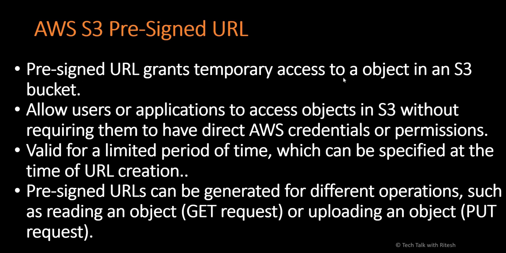A pre-signed URL grants temporary access to an object in an S3 bucket. Like it says, pre-signed means that authentication is already there in the URL itself. No separate authentication is needed. It allows users or applications to access an object in S3 without requiring them to have direct AWS credentials or permissions. It is valid for a limited period of time, which can be specified at the time of URL creation, that